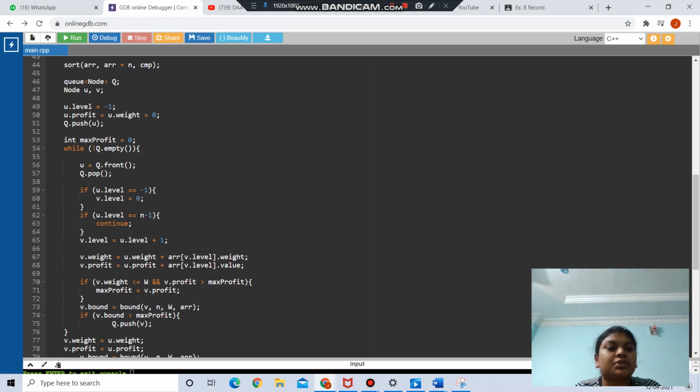Then here I am using a while loop. Inside this while loop I have given not equals to Q.empty, and here it will be u equals Q.front and Q.pop, and here if u.level equal to -1, then v.level equal to 0, and here if u.level equal to n minus 1, then it will continue.